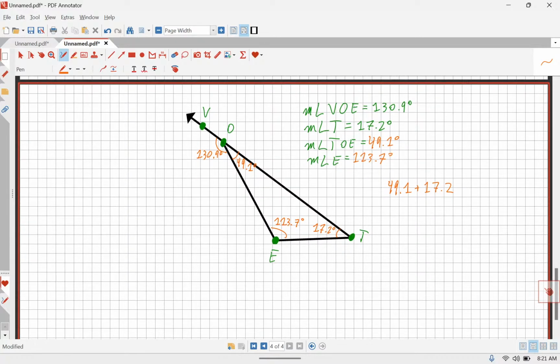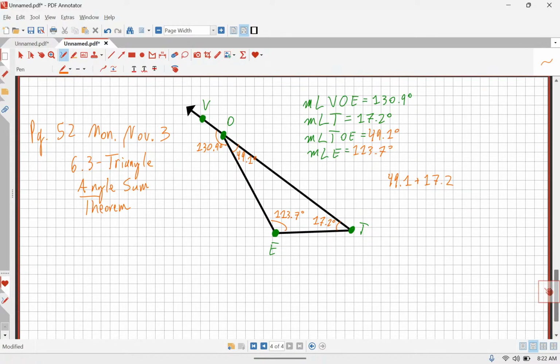Will you guys open up your planners to page 52 if you haven't already? So page 52. It's Monday, November 3rd. And I would like to work on 6.3, triangle angle sum theorem. We'll have about 10 minutes to work on that, guys. But I think you can get most of these in that time because there's no variables hiding around. Give that a try, guys. Get what you can done. And then those of you at home,